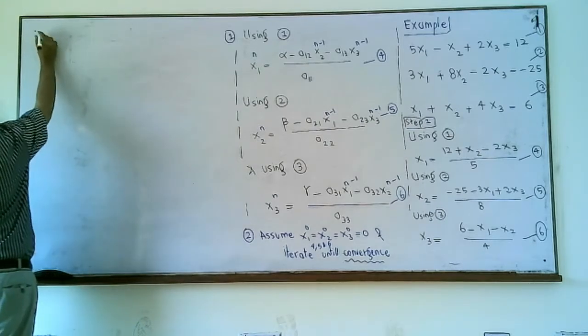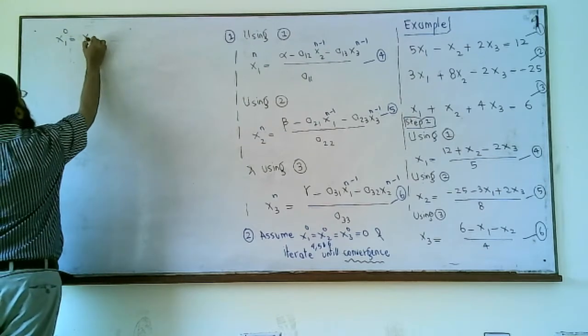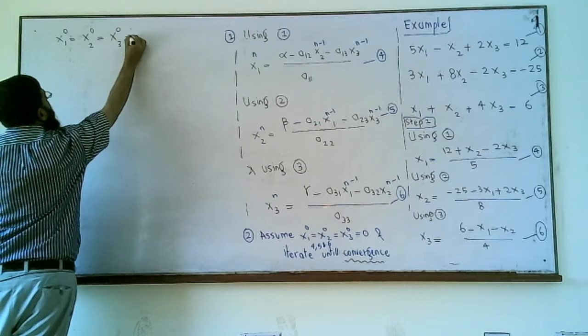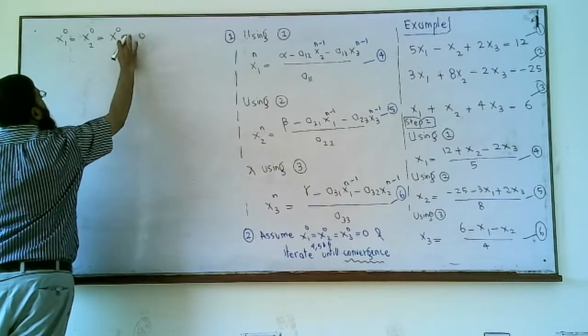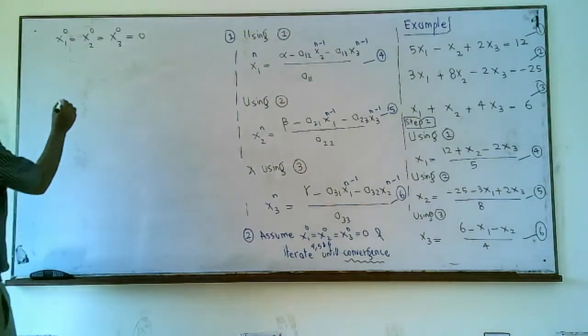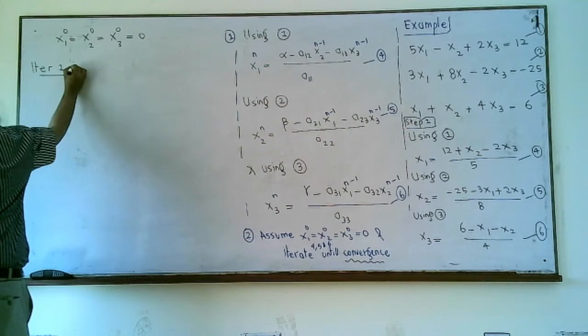So the starting point is that x1 of 0, x2 of 0 and x3 of 0 are assumed to be equal to 0, right? So at iteration number 1